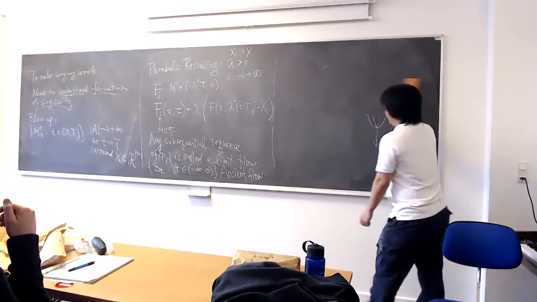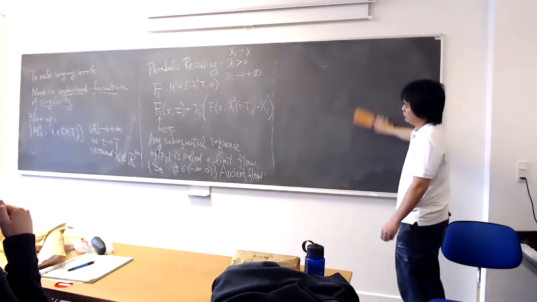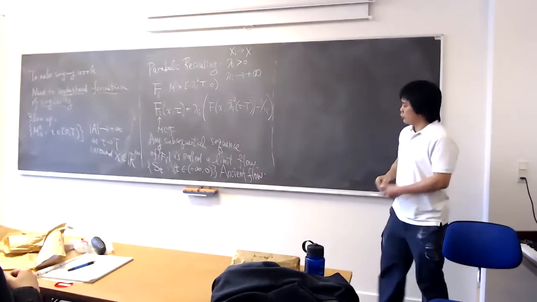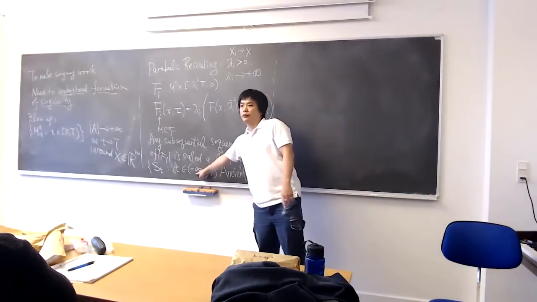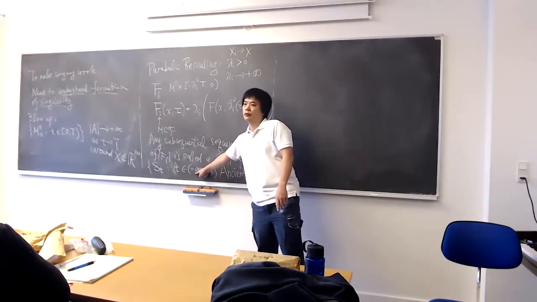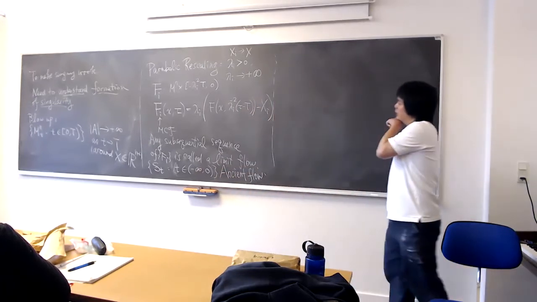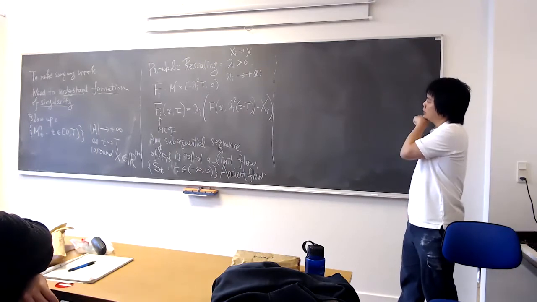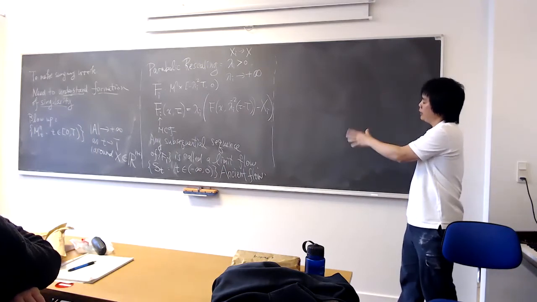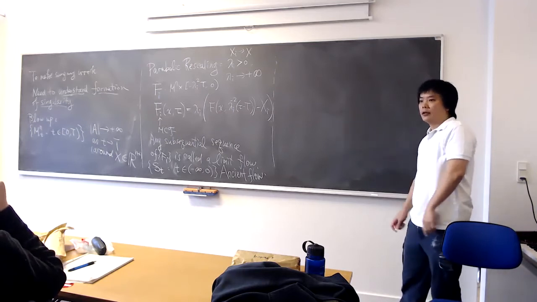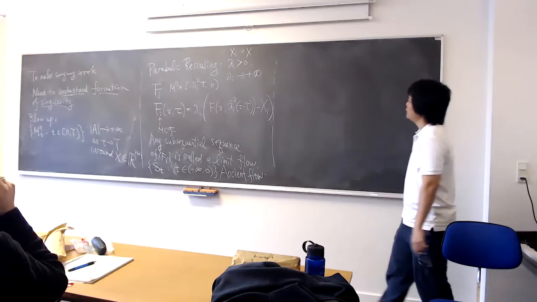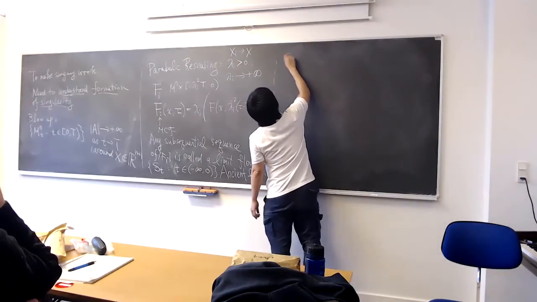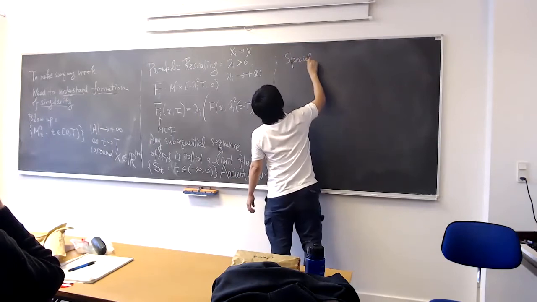Okay, so I hope I'll be able to draw some pictures soon. This is what we mean by an ancient solution, that is defined from negative infinity, and it comes from this blow-up analysis. If you do the parabolic rescaling around the singular points and you have a limit, then that limit is naturally an ancient solution. As a special case of this procedure,